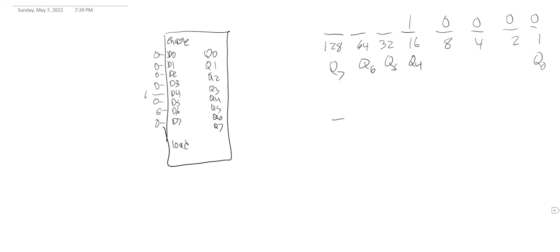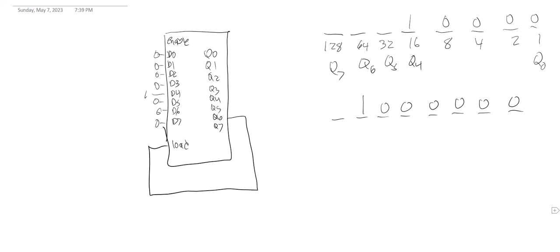And we want to count until we get to 64. And you won't get a 1 in the 64's place until you get to 64. So all you have to do is detect that Q6. So that would be a counter that counts from 16 to 64. Now, if we wanted to do this by putting two counters together, we would have one